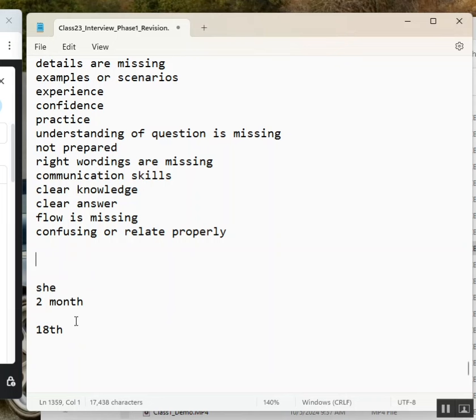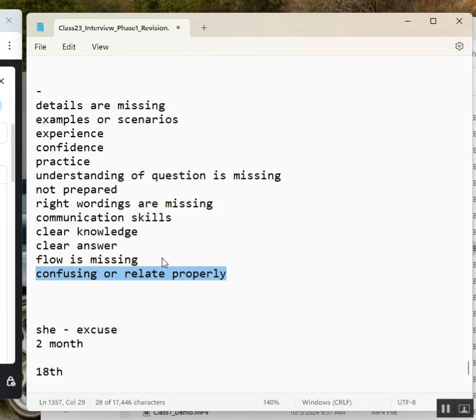Now she can give an excuse, sir. I am not there, sir. I can't answer, sir. She has excuses, but she didn't give the excuses. She perfectly answered. Correct? Are these not excuses